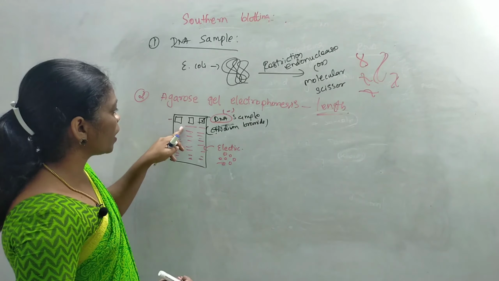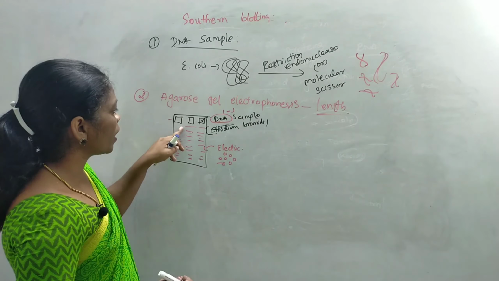Now I have to transfer the single stranded DNA sample onto a nylon membrane. I cannot use this agar gel medium, because agar gel is fragile and easily breakable, as it is a semi-solid structure. I cannot handle it to go further with the process. So I have to transfer it onto a nylon membrane or nitrocellulose membrane. It is like a sheet of paper, where it is very easy for me to handle with the next process of the blotting technique.